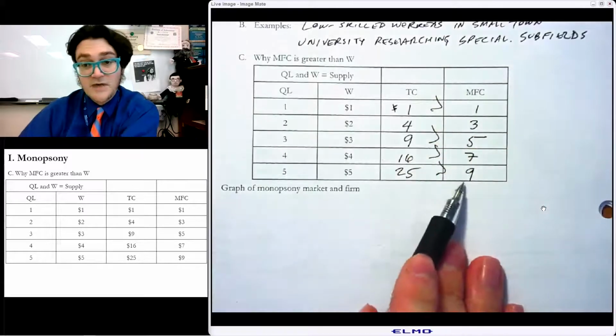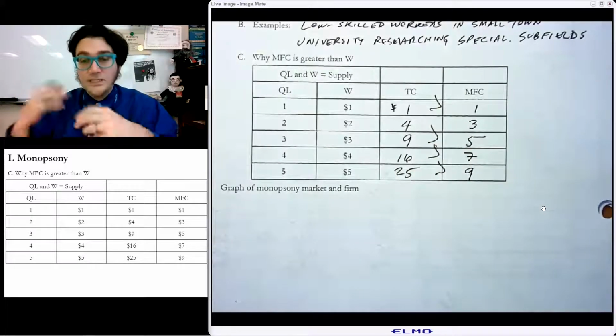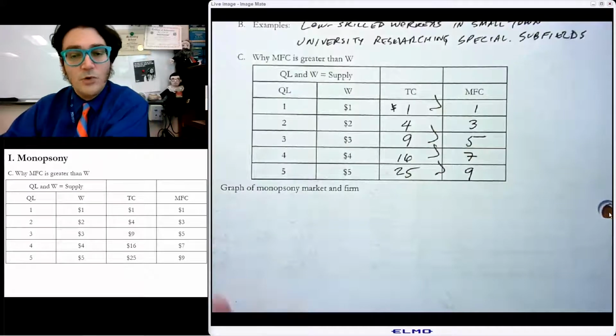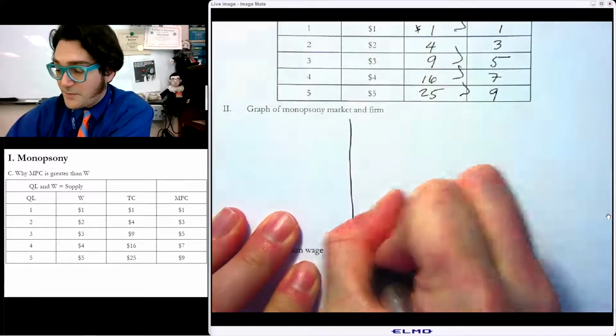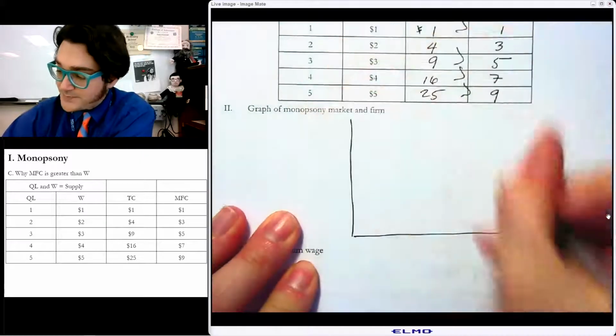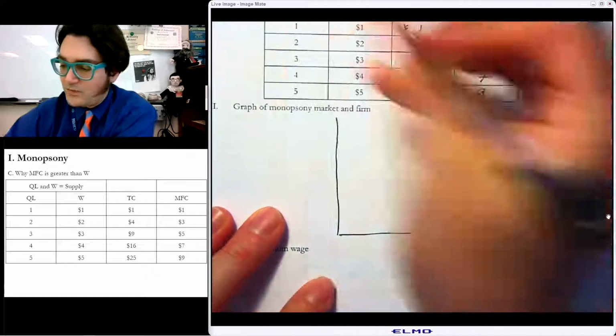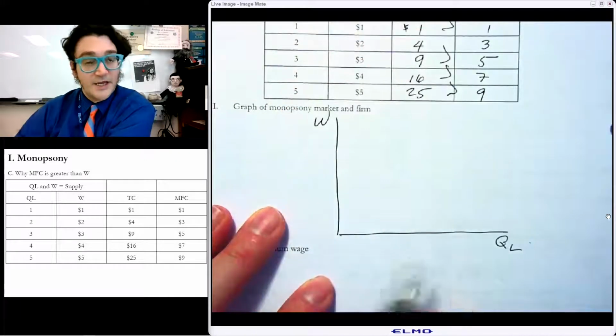So it's very expensive, as you could see in this kind of market, to continually hire more and more workers. And what this does is it creates a very interesting mirror image of a monopoly. I mentioned earlier, we'll do it with workers, that you have kind of a mirror image